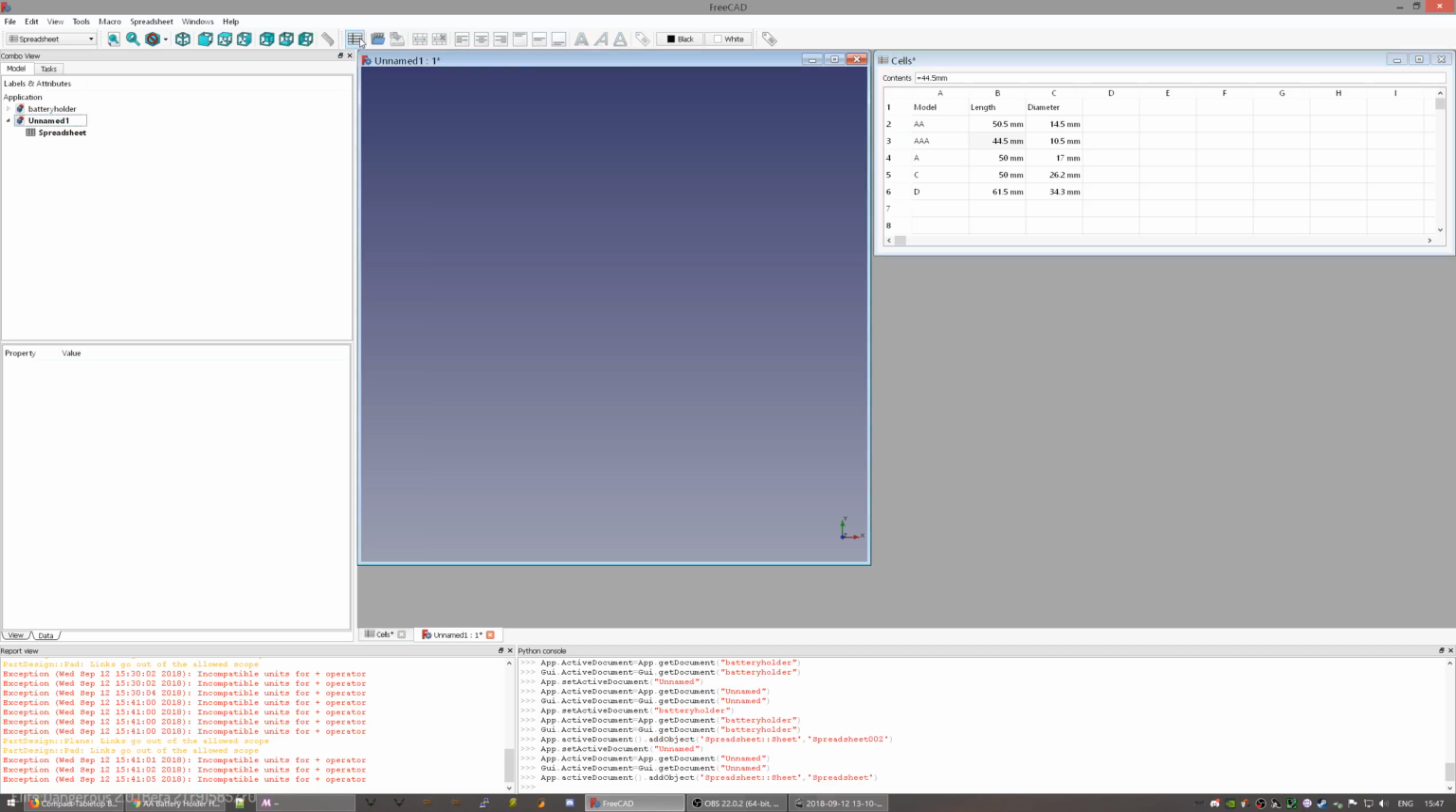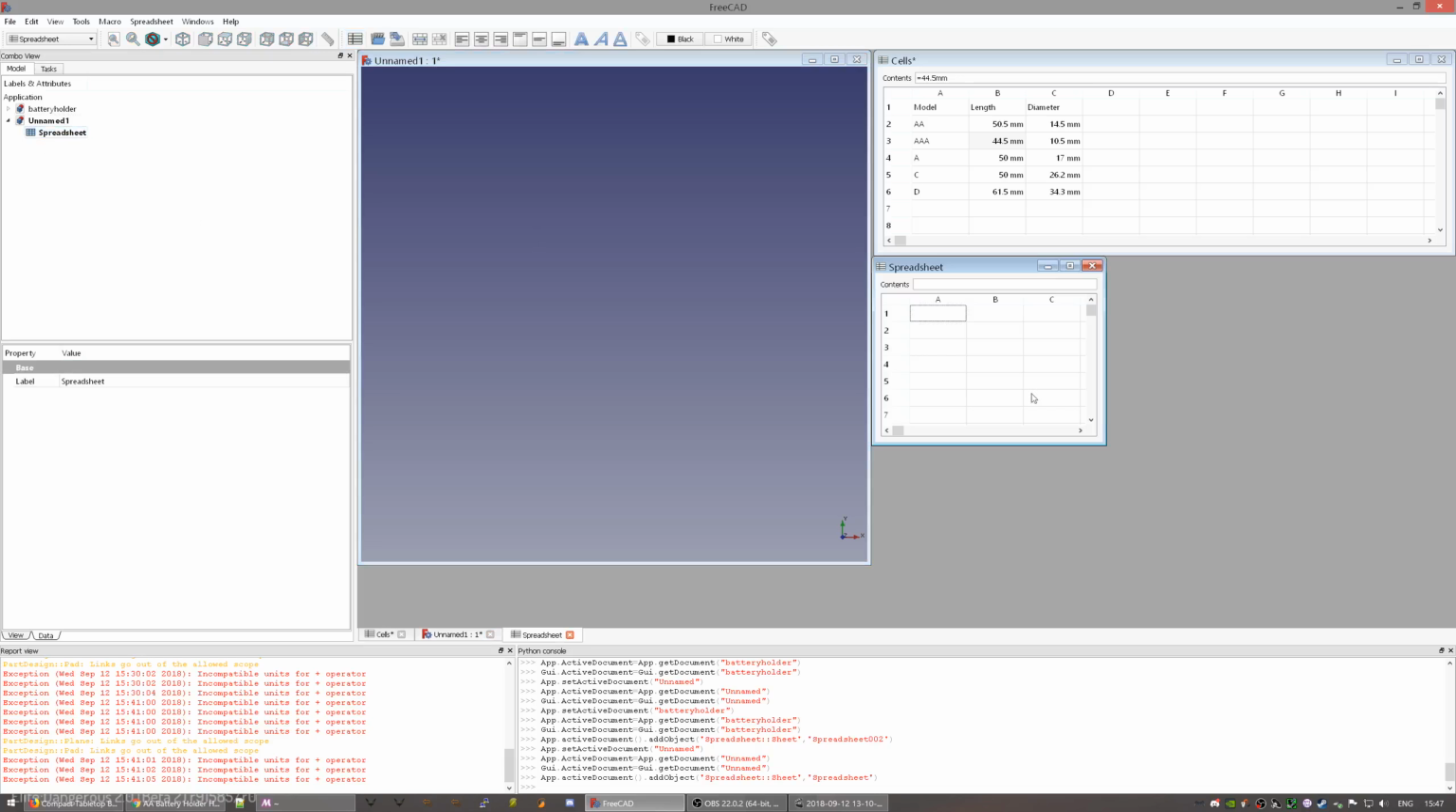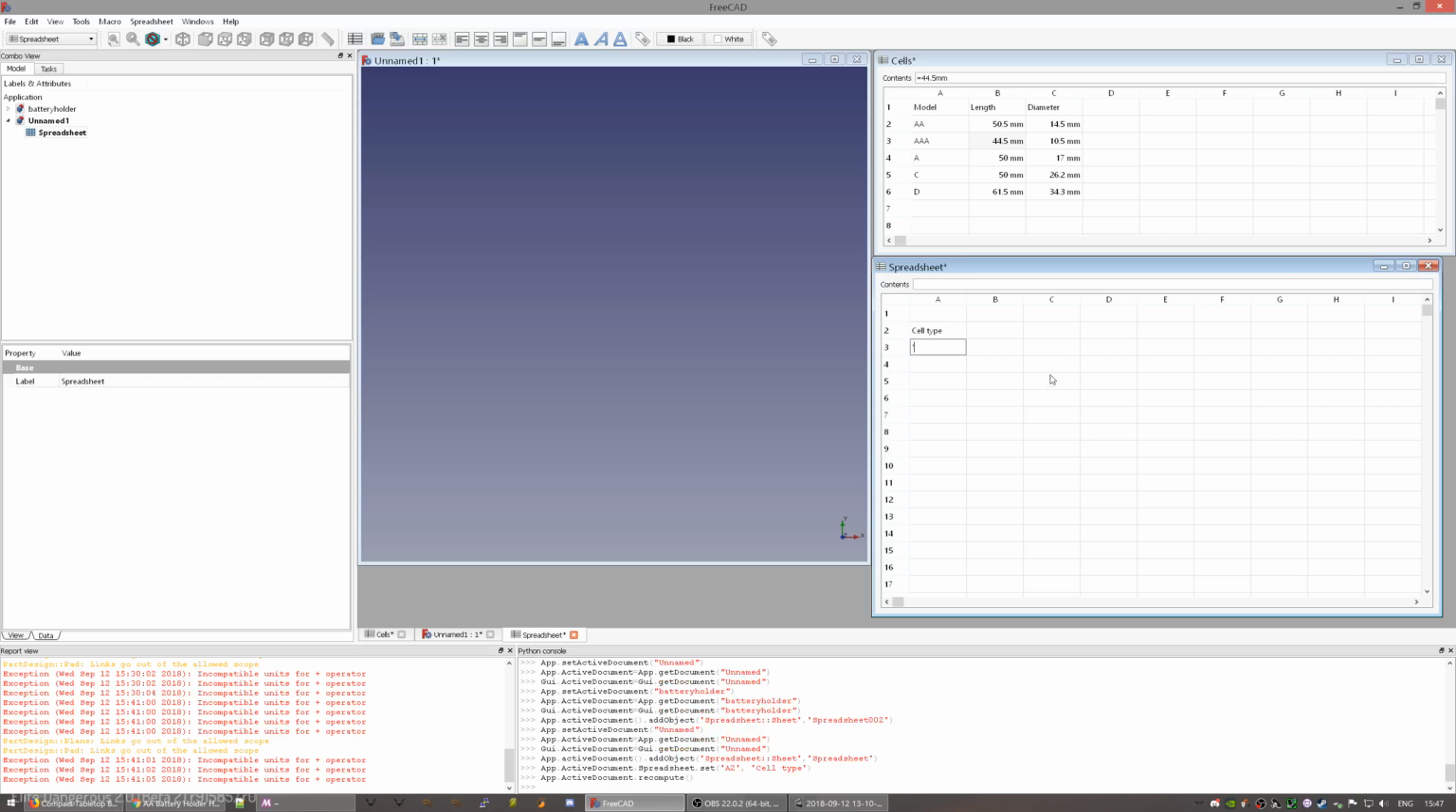We need to activate the correct document. There. So with this label add-on, the first column is going to be the names of all of our parameters. So we have cell types, for instance, and for each cell there is a diameter and length, and we will be targeting some of the various parameters for the holder itself, like